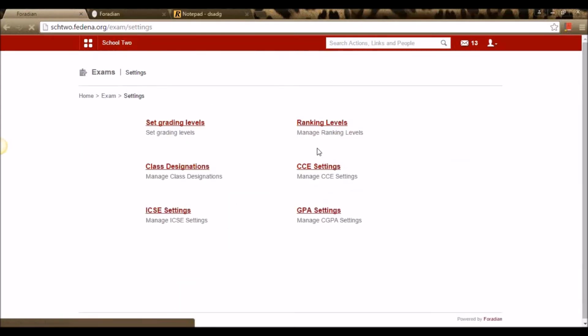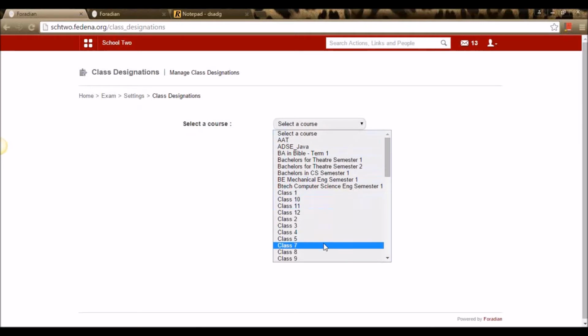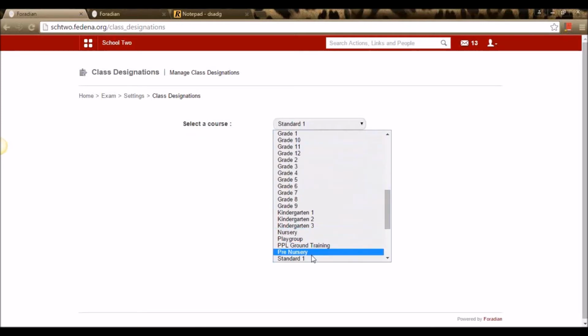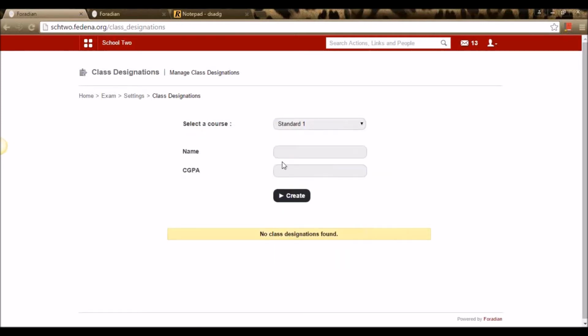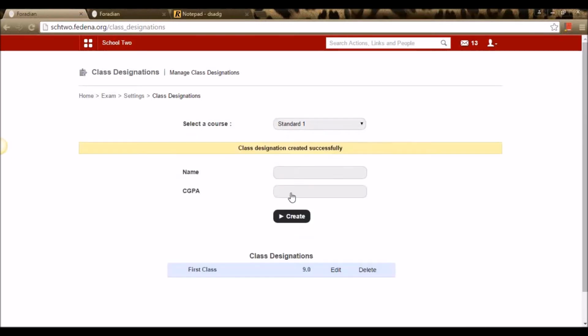The next is class designation. We can create class designation for students by giving a name, say like first class. We consider the students have first class if the CGPA is above 9.